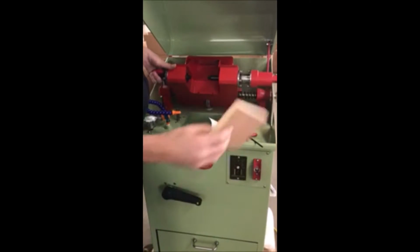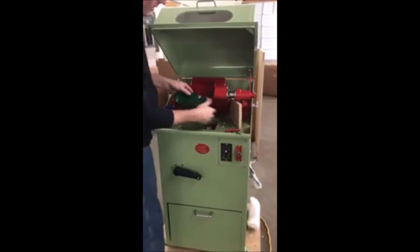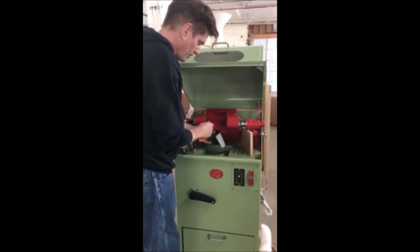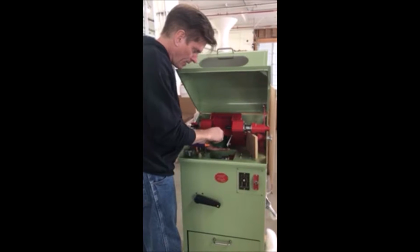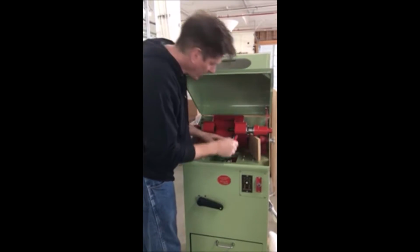What I'm going to do is lift the head up. I'm going to put a block of wood just so I can get to this. And what I'll be doing is just basically taking this flap and screwing these screws into the holes back here, putting it in place. With this flap, this keeps the oil from flying around inside, and there's a little hole